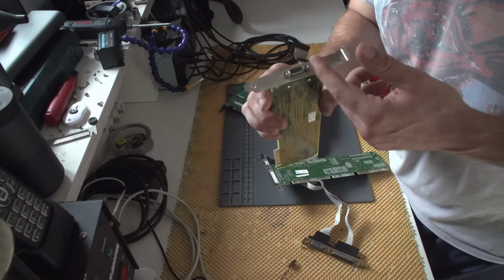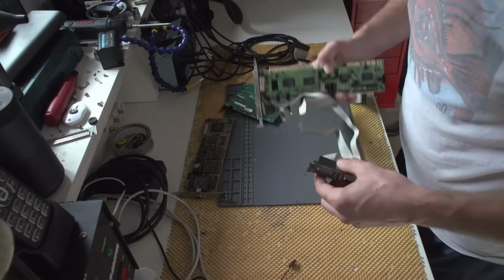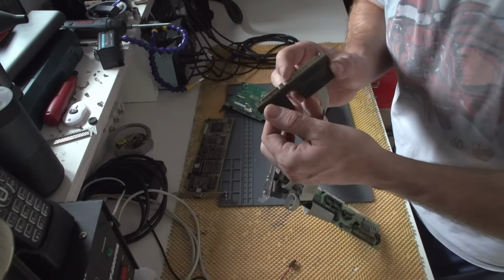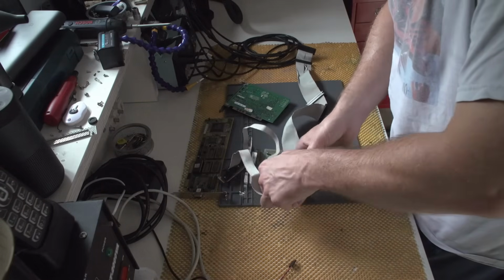What do you call it? Do you call this thing plates? I'm not quite sure. Well, anyway, I will be polishing them, and this one is actually okay, but there is a bit of rust in here on this. I believe this is the game port. So yeah, I will be